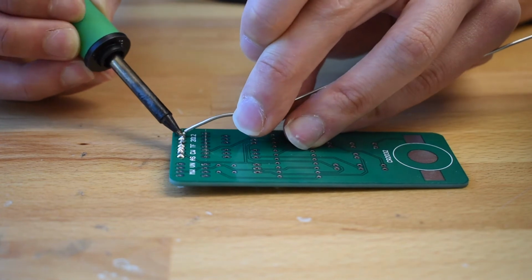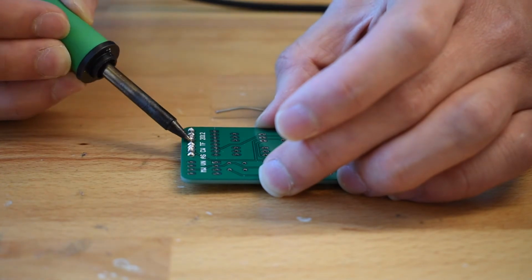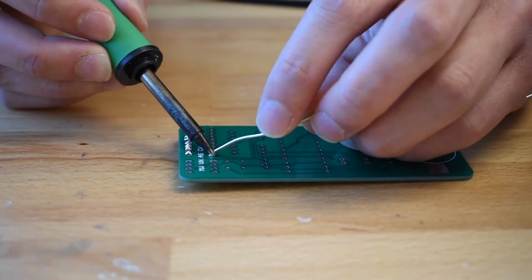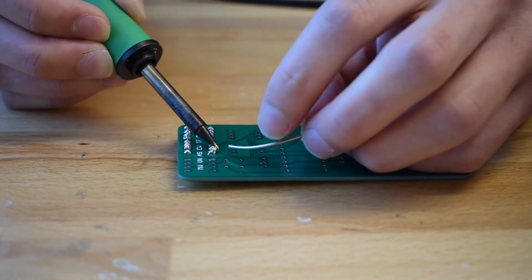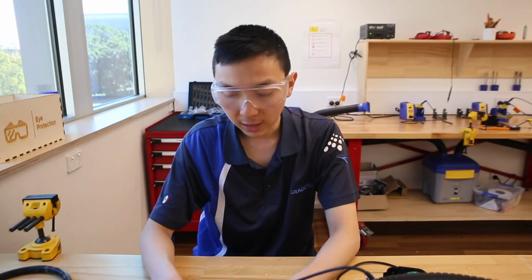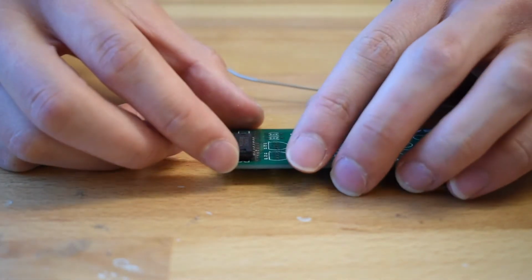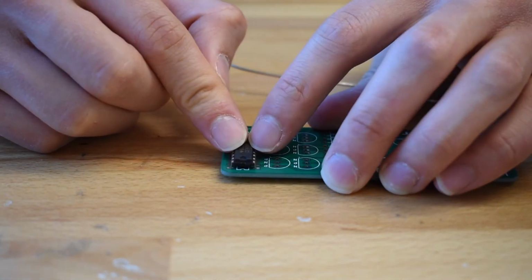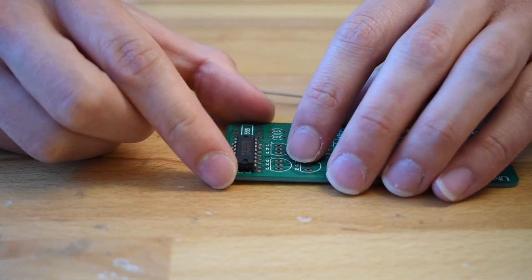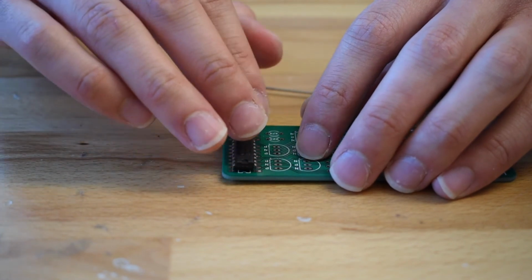Before we move on, it is always good to have a quick visual inspection of the board to make sure everything is soldered properly, and it looks like that is the case. Flip the board back over, and once again check that the notch at the top of your chip aligns with the notch that has been printed on your circuit board, and this will let us know that our chip is aligned properly. And as all those checks have now been done, we have now successfully soldered one chip correctly, and we can now